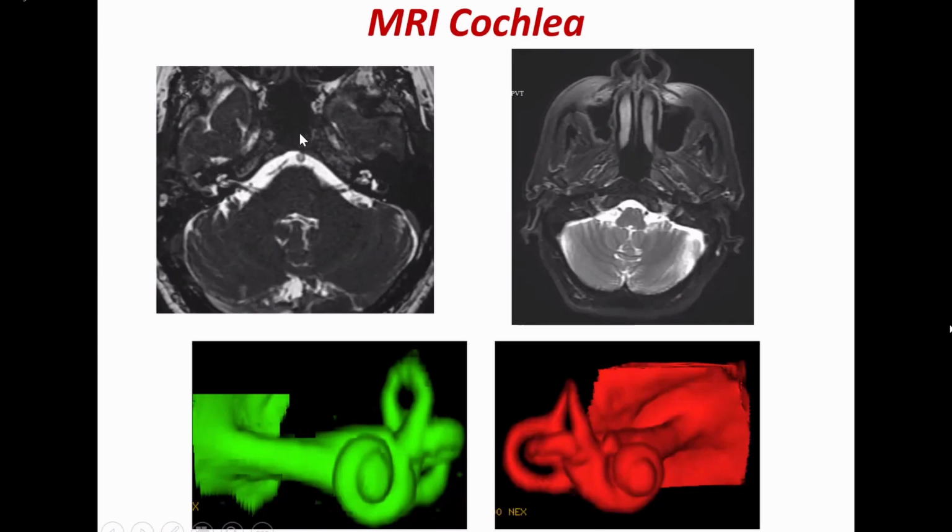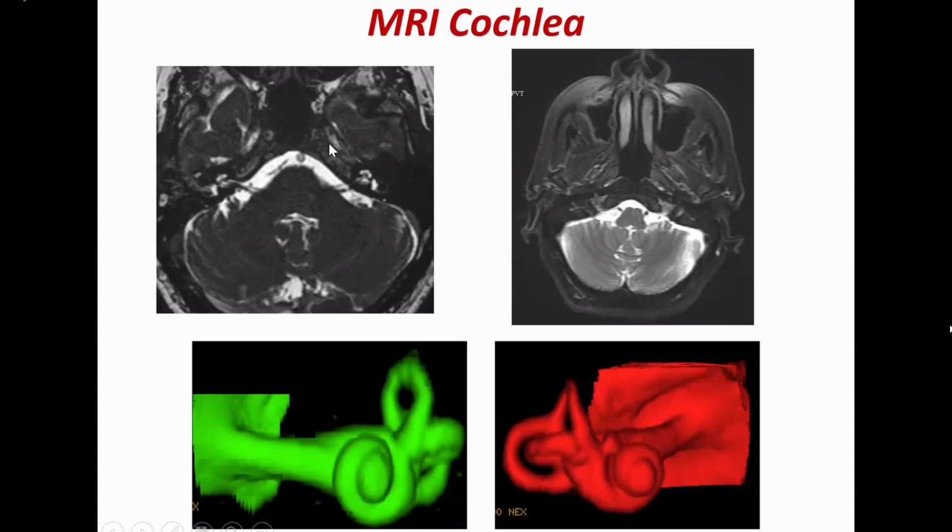Okay, so this is the axial plane that you acquire. And don't forget to do a T2FS over the entire brain, because whatever said and done, the benefit of imaging should go to the patient. So a complete screening of the brain will always be better, even if the request is for MRI cochlea.